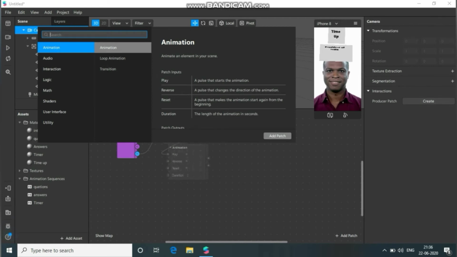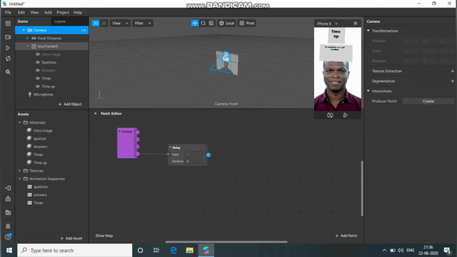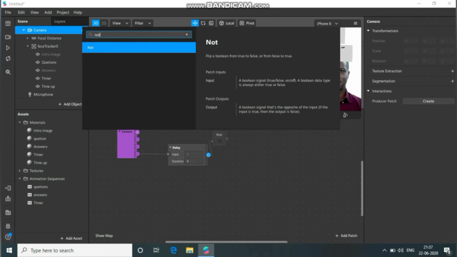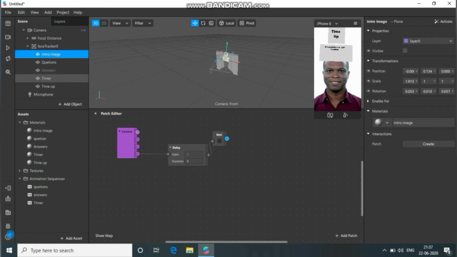From here you guys select delay. From delay select not, and from here select all the face trackers and click on visible.